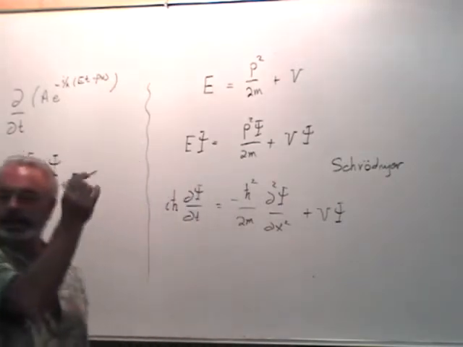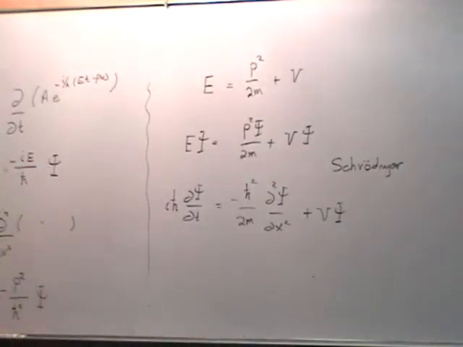S-C-H-R-O-D-I-N-G-E-R. You got to put the little dots up there, right? Because his name is German, and we have to pay him proper respect. So we pronounce his name properly. You got to say it like a German. Okay. You may be tested on that. This is Schrödinger's equation,